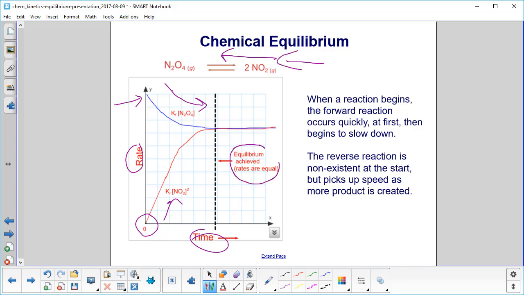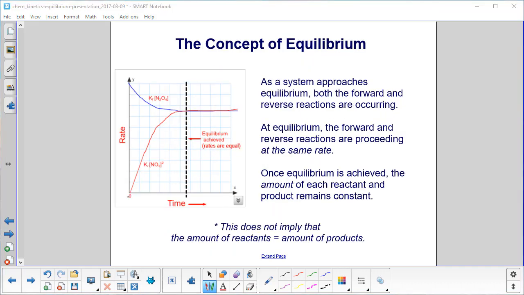Note the line here. That's where equilibrium is achieved. The rates are equal. See how the red and the blue lines are on top of each other. As a system approaches equilibrium, and where is that happening? That's happening to the left of this equilibrium vertical line. Both the forward and reverse reactions are occurring. At equilibrium, the forward and reverse reactions are both still occurring, but they're proceeding at the exact same rate. And you can tell because if you extend this line here to the rate, they both have the same intercept